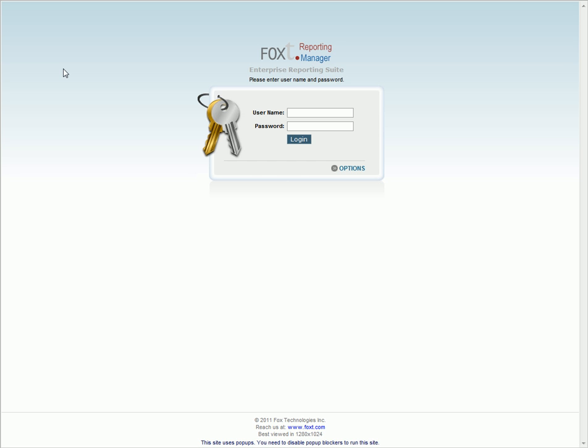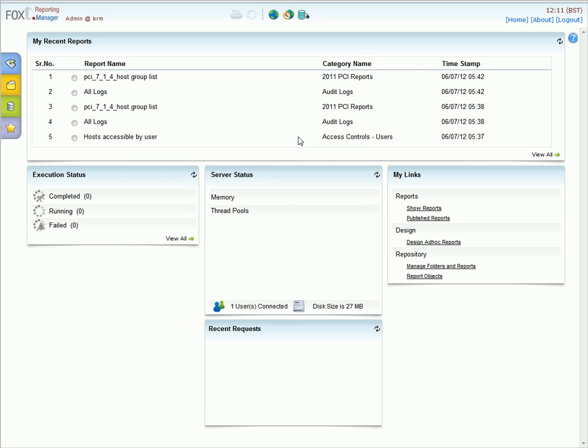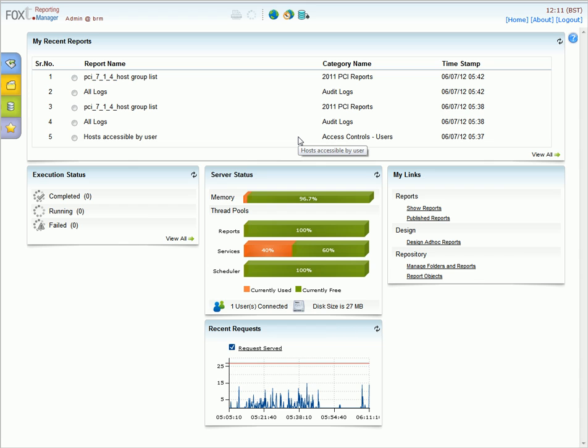It is accessed via a browser, so the first thing we do is open up the browser, browse to the report manager, and then log in. When you first log in, it brings up a screen that gives you the server status, and it shows you some recent reports that you've run. This will include any scheduled reports that have been run, and if you just want to go and see a report that you've already run, you select the report,